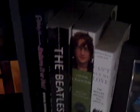And down here, we just got miscellaneous Beatles books. There's my cousin right there. I don't know if you can really see him, but that's like the cutest picture I've ever seen. But anyways,